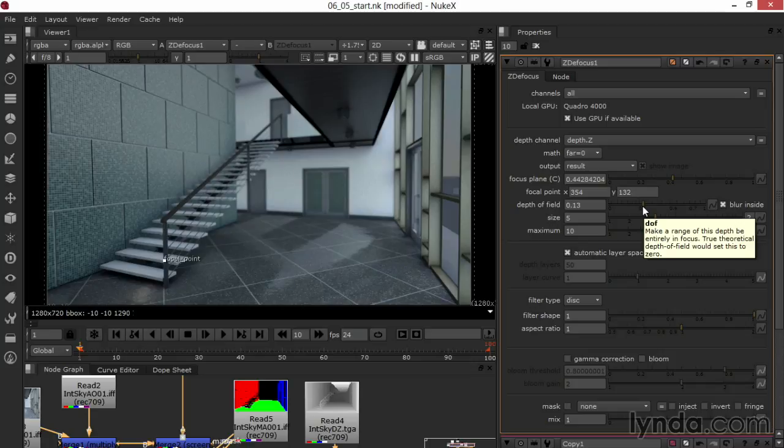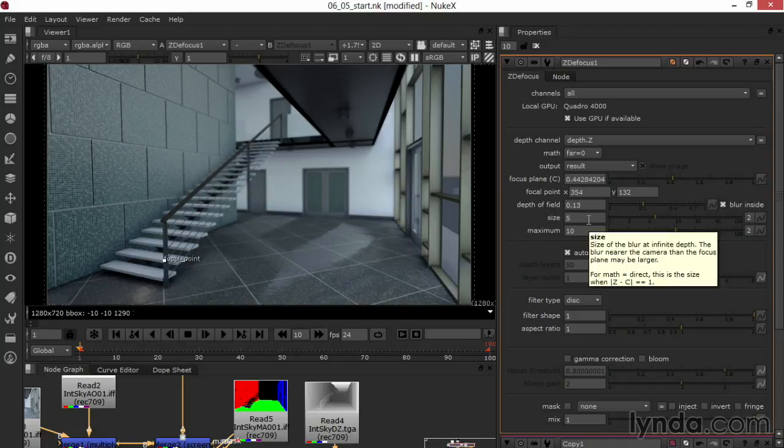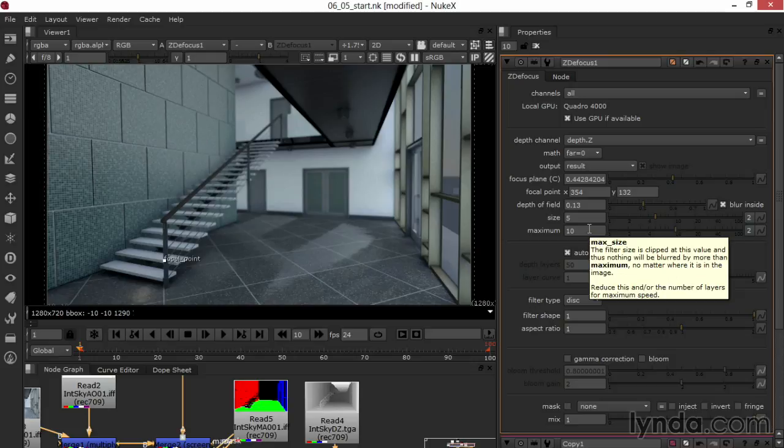In practice, though, giving it a focal plane thickness, a zone that's in focus instead of a single point, may look a little better and preserve detail that might start to blur out. Then we have a size, and what this does is dictate the amount of blur. The size then is how much blur, and a maximum clips the size at this value, as the tooltip says. When we bring this back down, we stop things that are way far out in distance from turning into blurred